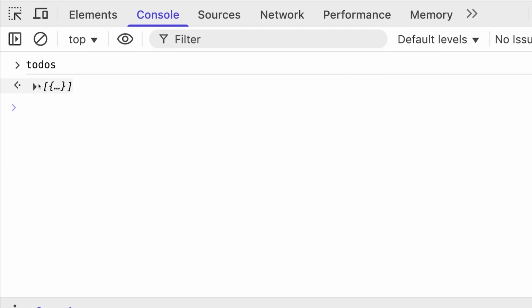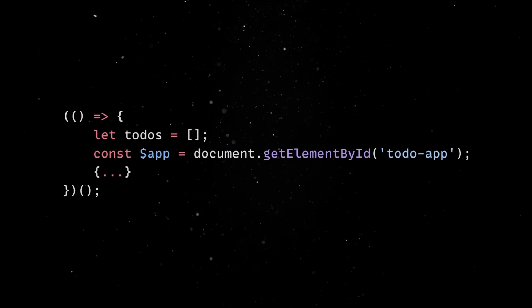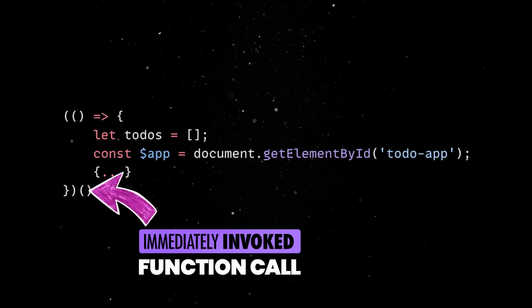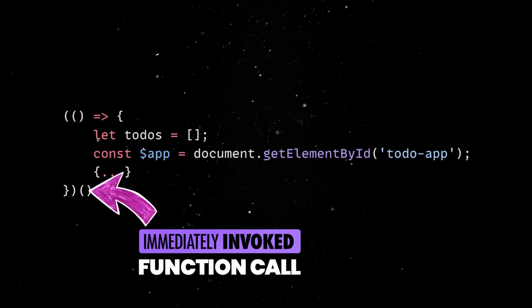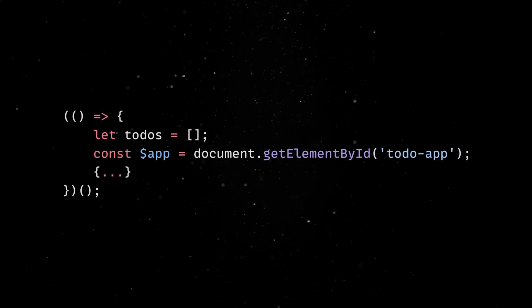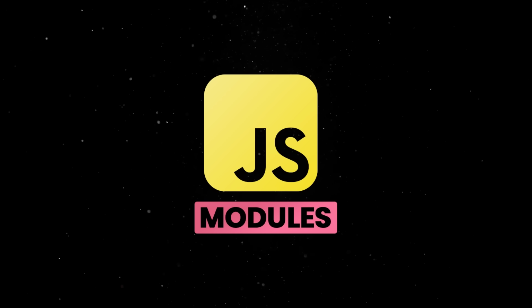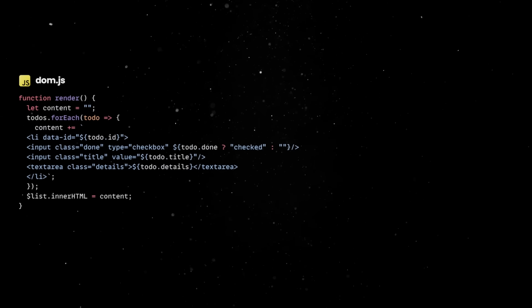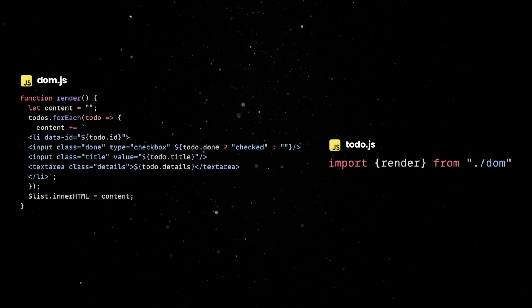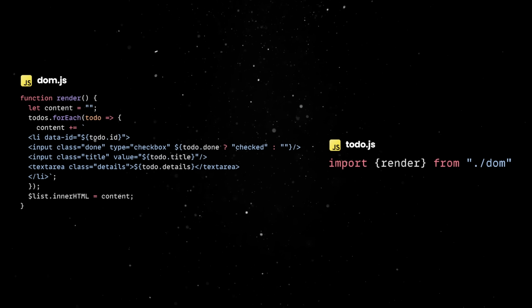The easiest way to avoid polluting the global scope is to encapsulate your code inside a function or a module. JavaScript has function scope, so we can use an immediately invoked function expression to wrap all our code. The function will execute immediately, creating a private scope for our variables and functions. A more modern approach is to use JavaScript modules. With ES6, we can split the code into separate files and explicitly define what should be shared across them using exports and imports. We'll discuss modules in more detail in upcoming chapters, since this is the de facto solution to